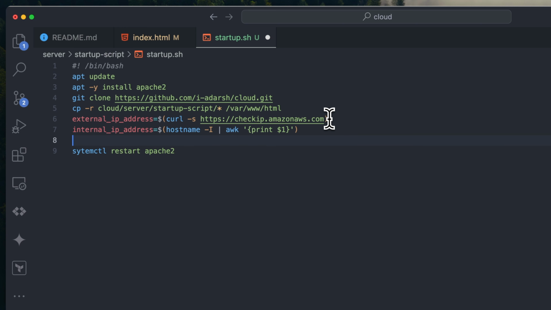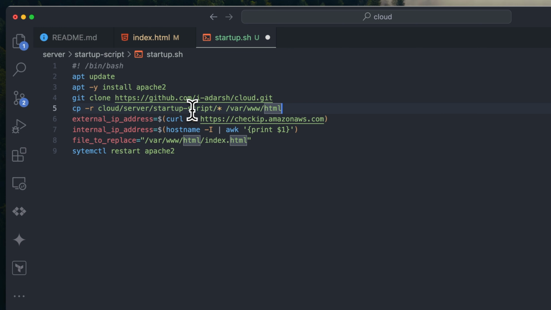And now when we have the external and internal IP address, that is public and private IP address, now we need to replace this IP in our index.html file. So for that, type here file to replace. I am taking it as a variable such that we can use it in multiple places. And this will be equal to /var/www/html/index.html. I am assuming that this command, that is line number 5, has copied the index.html which is present